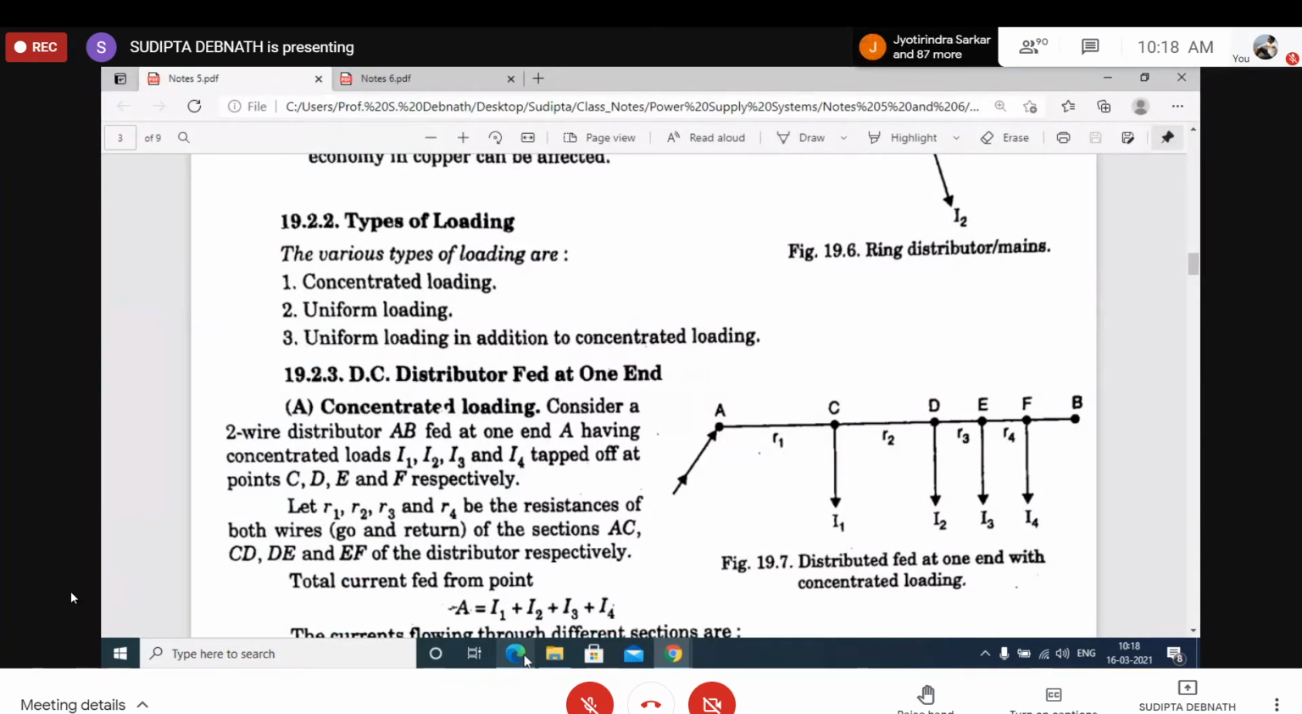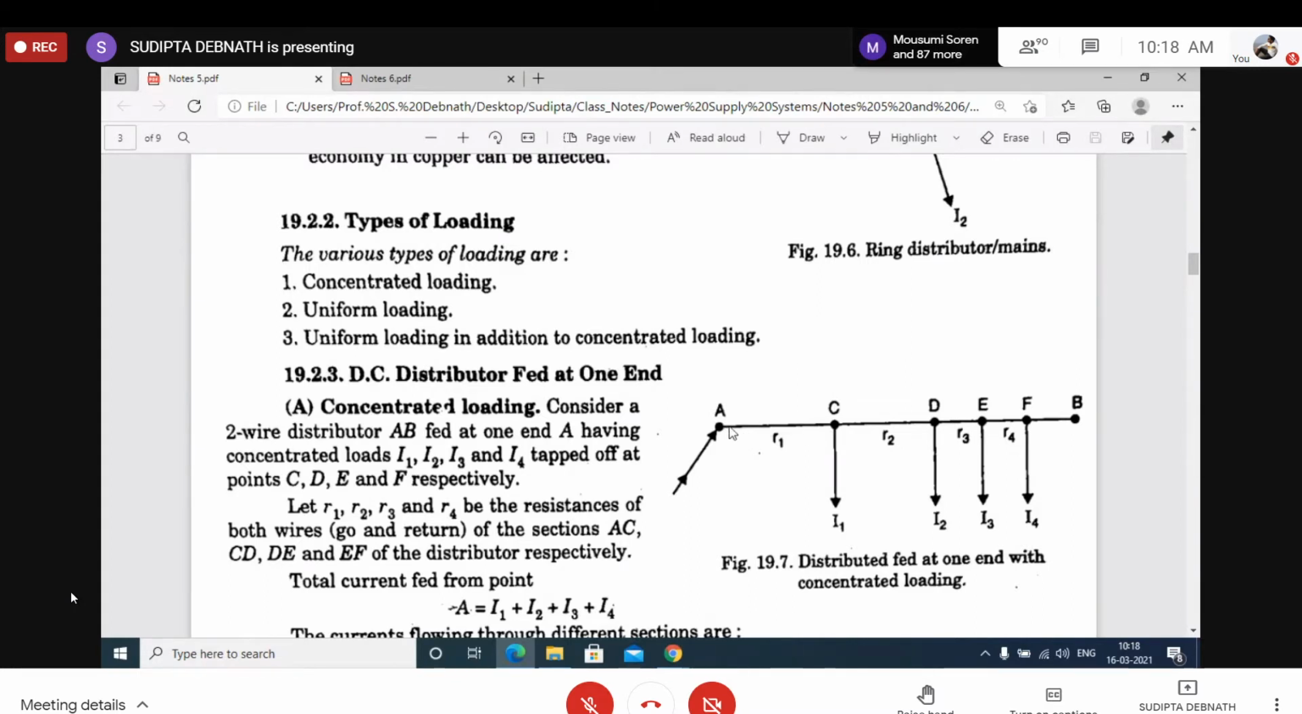Now, I told you what is the difference. I was discussing the difference between concentrated loading and distributed loading. Say this is a 300 or 500 meter distributor. So this is say 100 meter, this is 100 meter, say this is 50, this is 50. So there are feeding points where the loads are tapped at some distances. It may be uniform, may not be uniform. But if the loads are tapped after every 1 meter uniformly, those are also concentrated